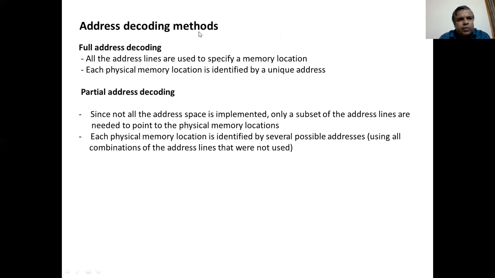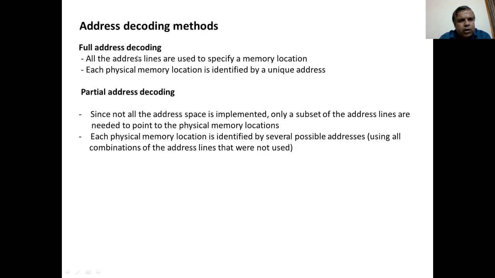Address decoding methods. So you already know what memory address decoding is. Address decoding refers to the way the 8086 microprocessor decodes the address on the address bus to select a memory location in one or more memory devices. Simply, address decoding is assigning an address to each memory location in the memory.